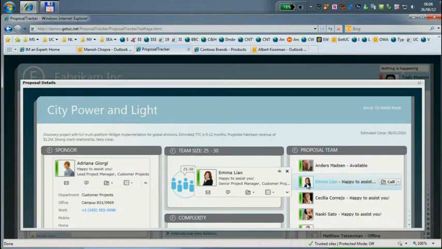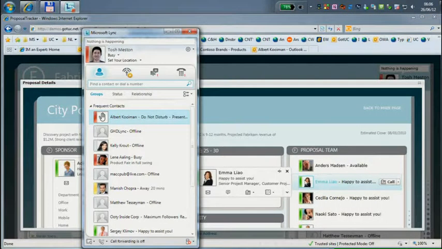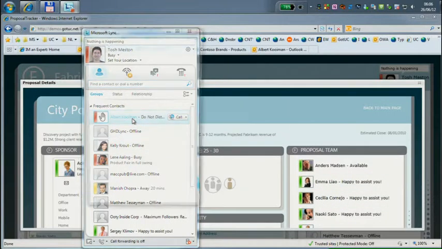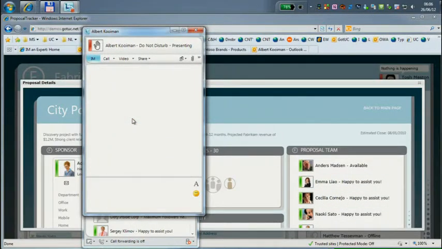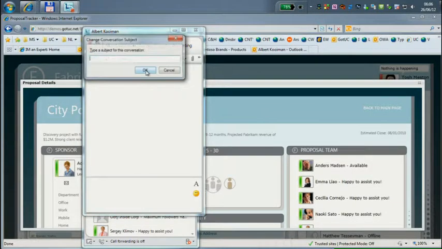I also try to avoid that this other person will need to start looking up, what the hell am I talking about? Now, the most simple thing to do that, by the way, is to actually give an IM a subject, right? So if I would send an IM to Albert Koyman, at this very moment, the subject is not there. But if you press Control-J, you could say, please respond.